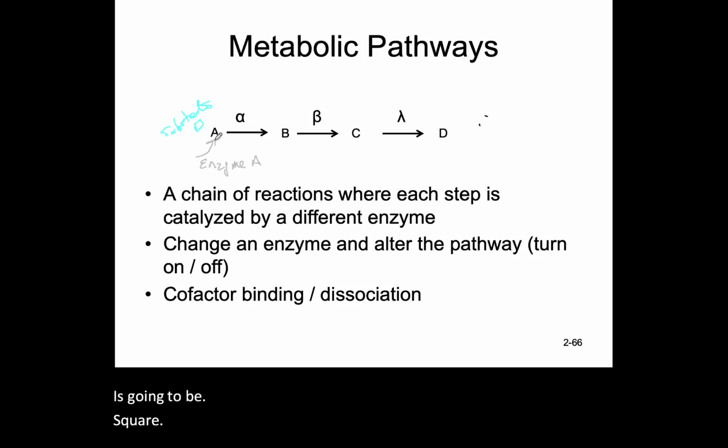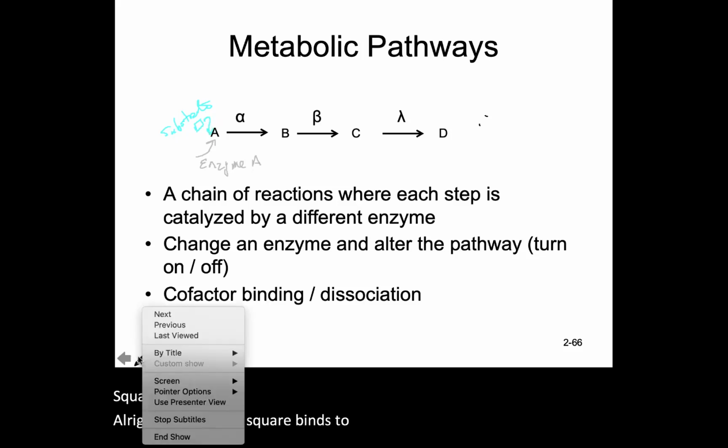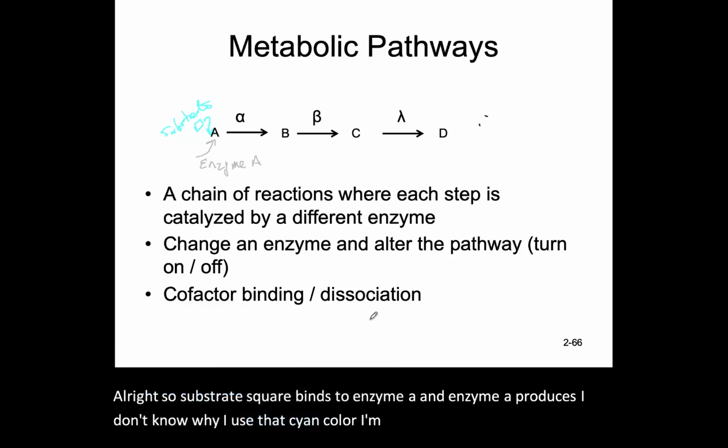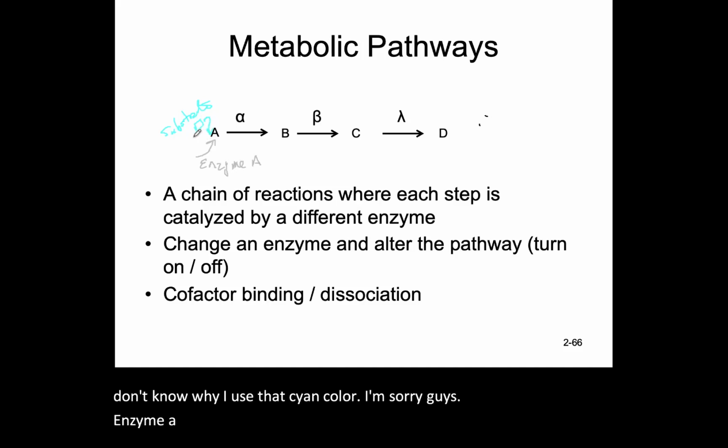So substrate square binds to enzyme A, and enzyme A produces, I don't know why I use that cyan color, I'm sorry, guys. Enzyme A allows substrate square to bind to it, and it produces product